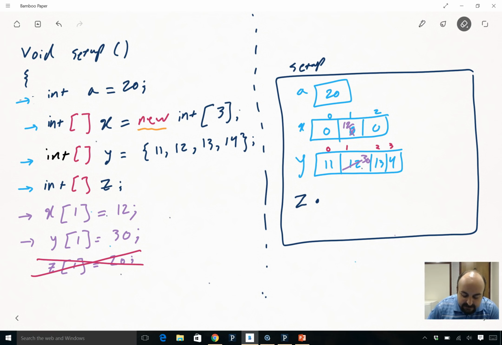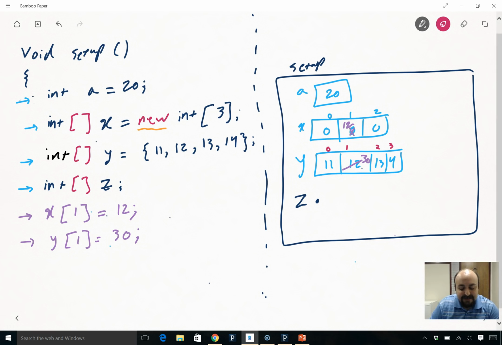What I can have instead is, because I have z, I could set z equal new integer 2. So now I'm actually saying that z is an array of size 2,